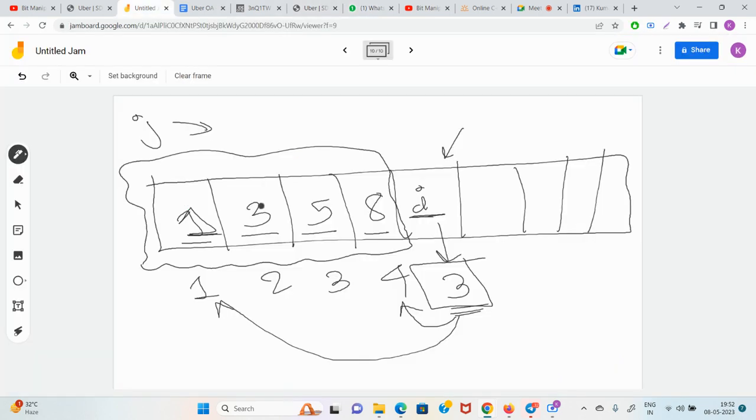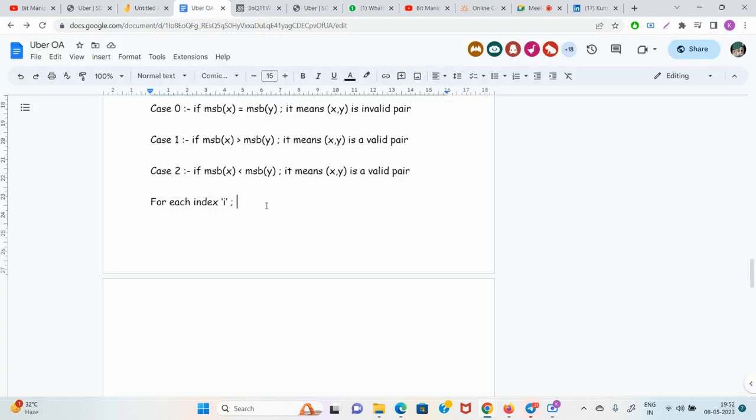So, guys, the correct answer is that our number is 3, right? So 3 will bond with 8, 3 will bond with 5, 3 will bond with 1. 1, 5 and 8. It will only not bond with the one that has the same MSB, because the same MSB is never valid. So for each index I,